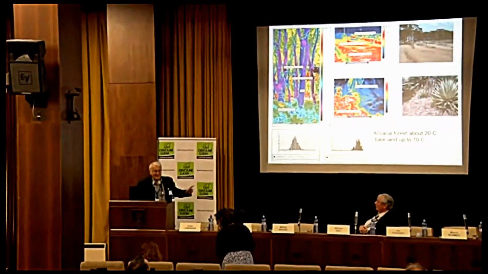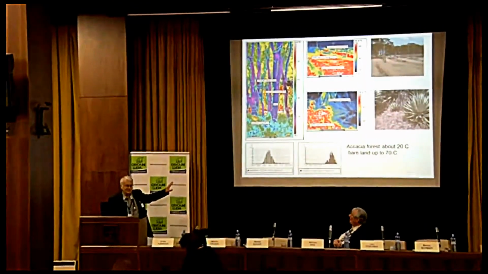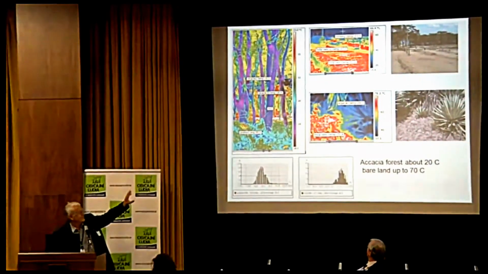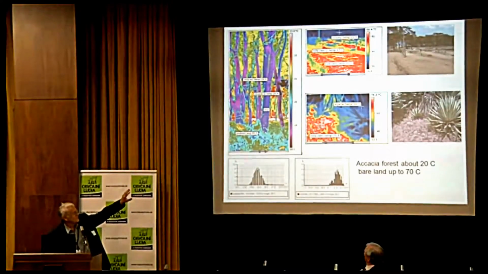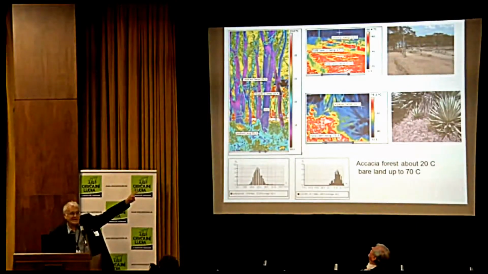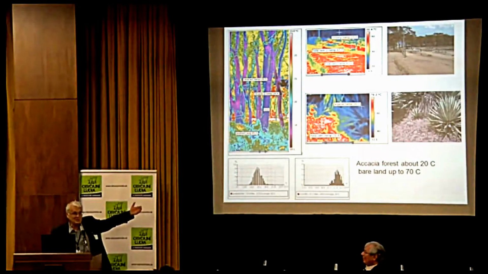Let's have a look at this picture. On the right-hand corner, there is a visible image, which shows how we see the landscape in the equator, and on the left side there is a thermal picture. We see that there are temperatures of 70 degrees, and when we look inside the acacia forest, which is on the horizon 200 meters away, we have 20 degrees.